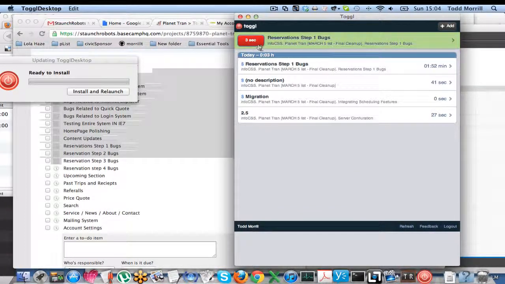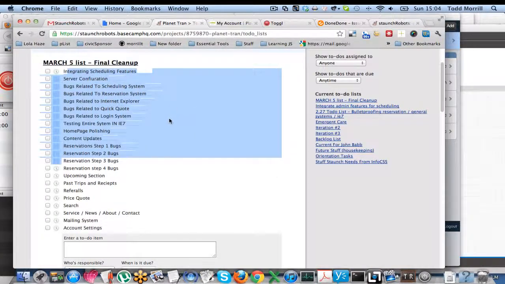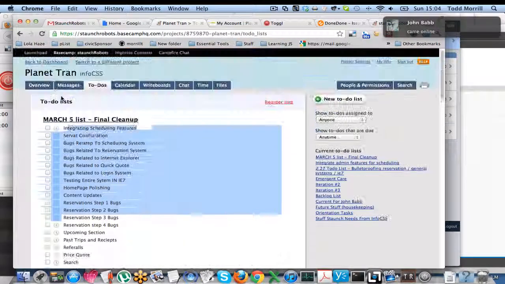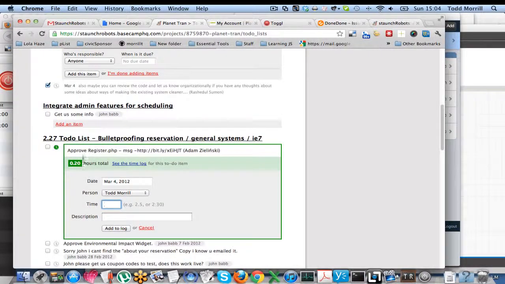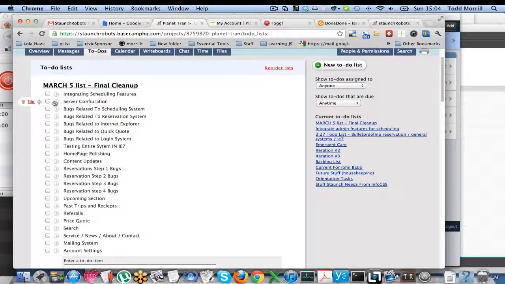So basically, if you just work, what's neat about this is it will update how much time has been spent on the actual task. So we can come back to this later and look at, 2.2 hours. So basically we can have all the pages